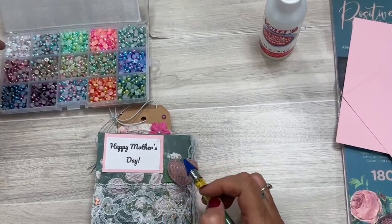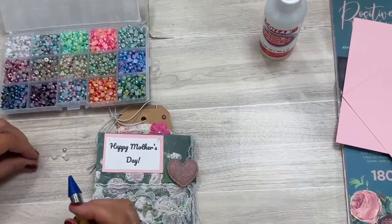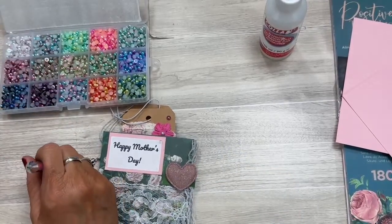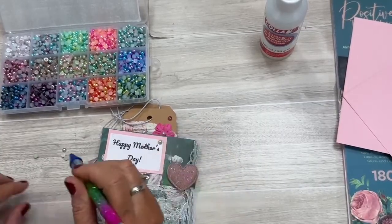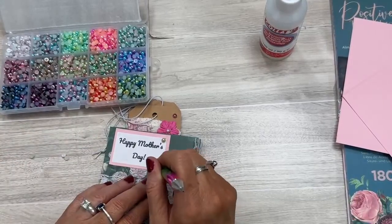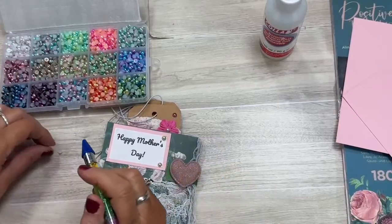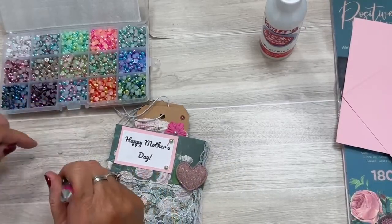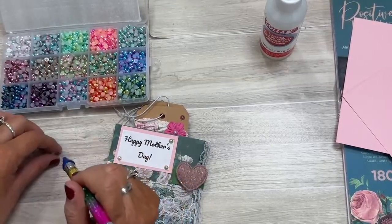All right, let's see. We have green and pink. We have some green and pink. So we'll use that. That would be pretty. Put those on there. And we'll just put them on there, and that'll add a little more pizzazz. All right, so the next thing that I want to do is add these